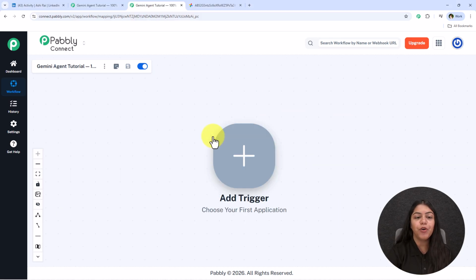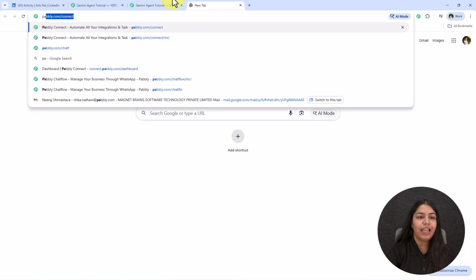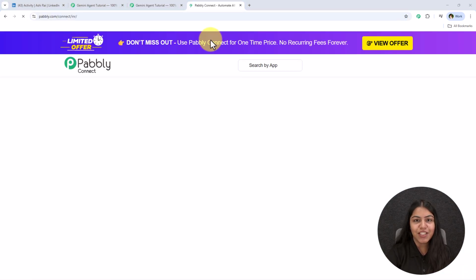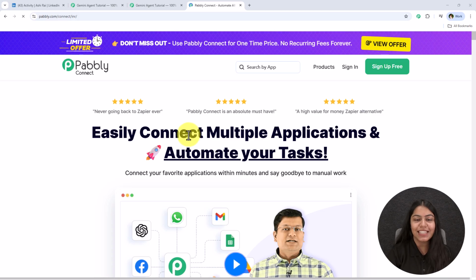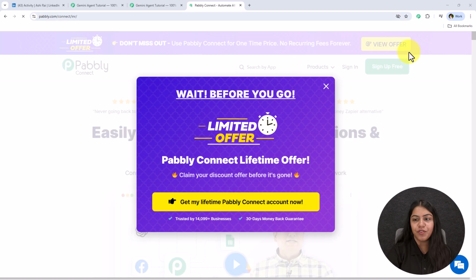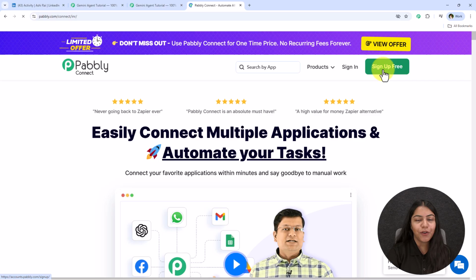For that, you just have to open your workflow builder inside Pabbly Connect if you are an existing user like me. But if you are a new user, open a new tab and search for pabbly.com/connect in your browser and open the landing page of Pabbly Connect. In the top right corner, you're going to see the option of sign up for free. So click on this sign up for free, and you are going to get 100 tasks free every month